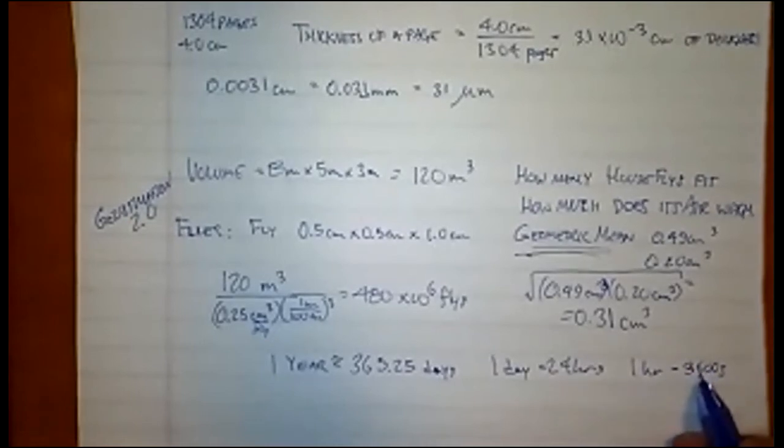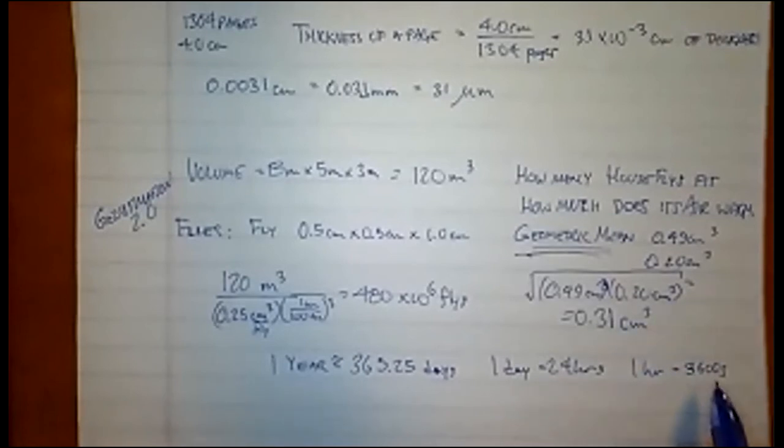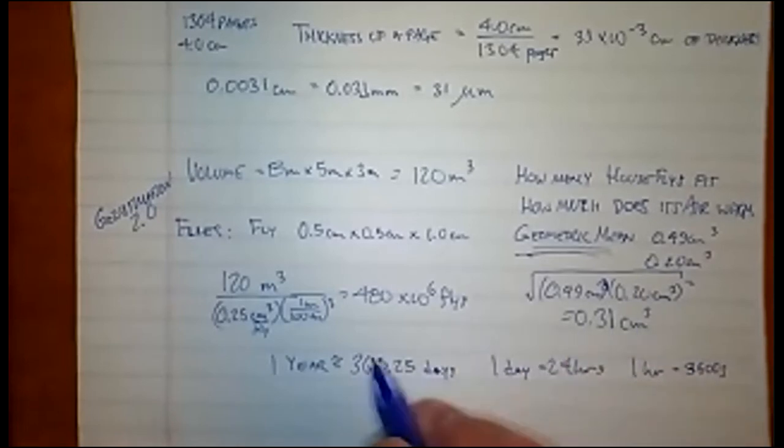You might not know this one, but you do know that 1 hour is 60 minutes and 1 minute is 60 seconds. So you probably realize if you multiply 60 by 60, you get 3,600, because if you multiply 6 by 6, you get 36. And if you then multiply that by 10 times 10, you get 3,600. Well, if you did this math, you would come out with the exact right answer.